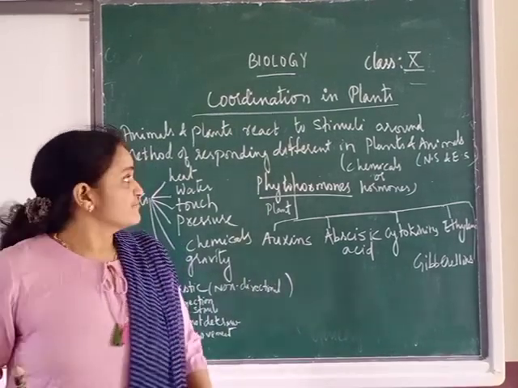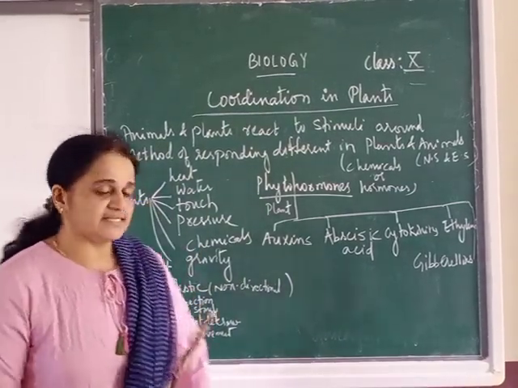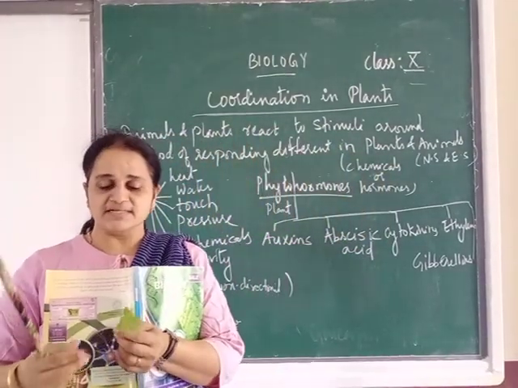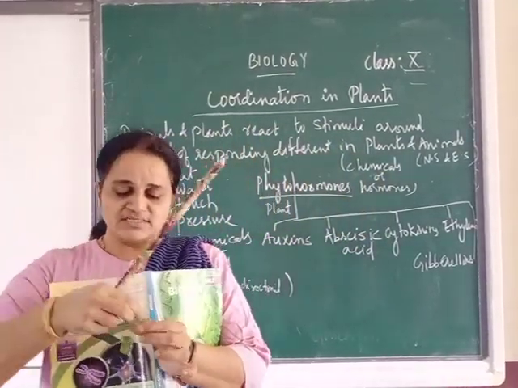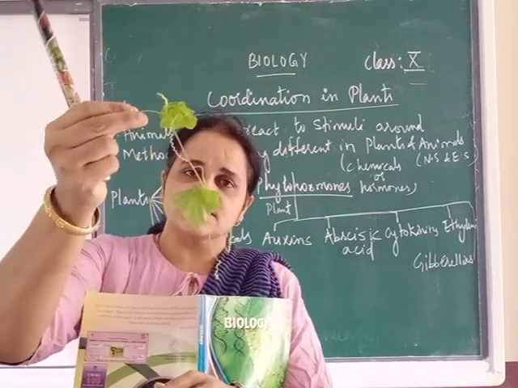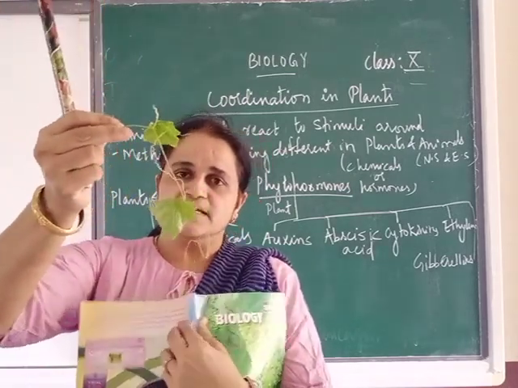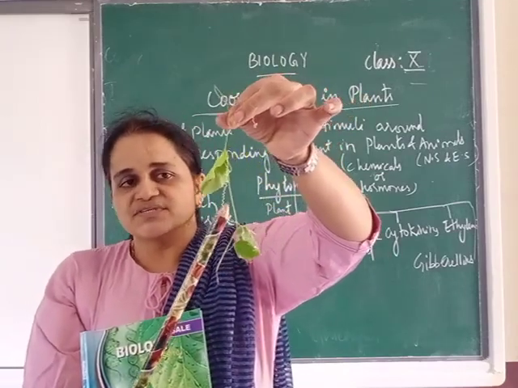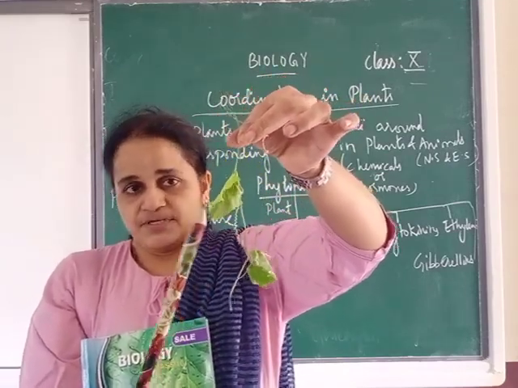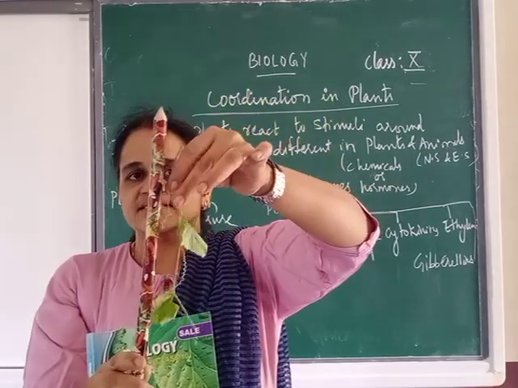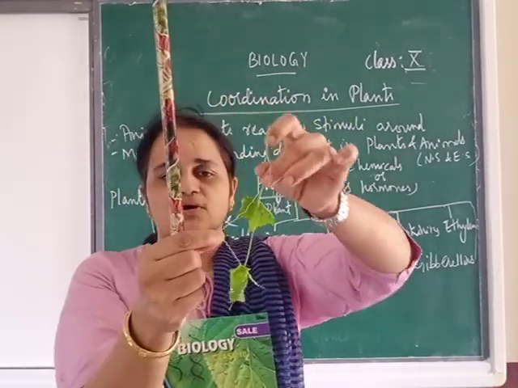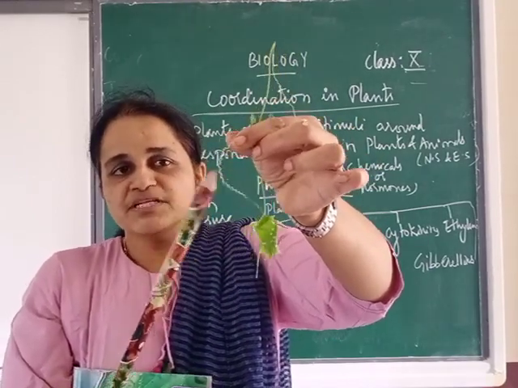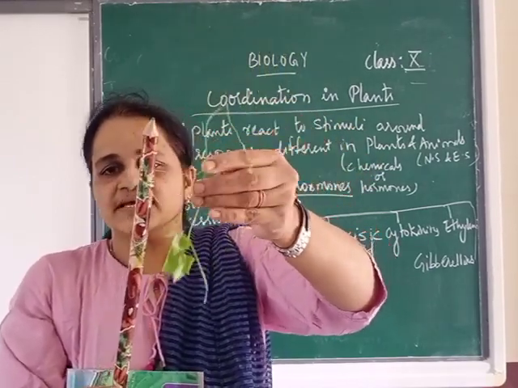Now we are going to start the next topic, that is coordination in plants. And when we are doing coordination in plants, I think you have all seen such type of creepers. Can you see this creeper? How is the stem of this creeper? It is very weak, so it normally takes support. You can see this is called tendrils. That means wherever the support is there,